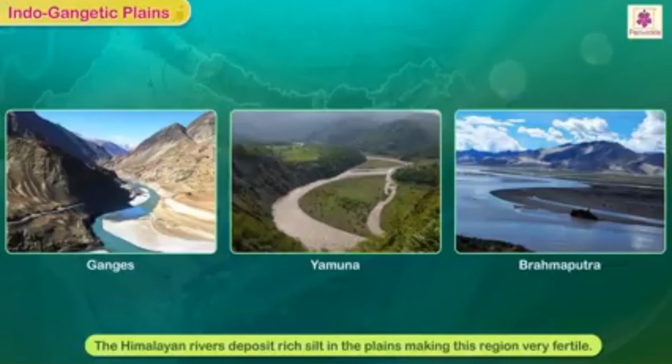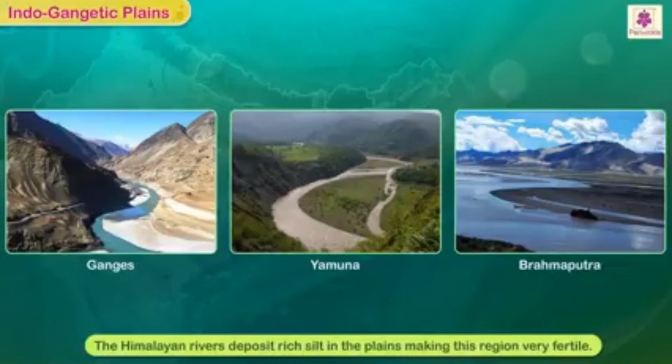They cover most of the northern and eastern parts of India. The northern plains were formed by the deposition of silt brought by the Himalayan rivers. So these fertile plains support one of the most densely populated regions in the world. So the Ganga Brahmaputra Delta is the largest delta in the world. It is also called the Sundarban Delta.